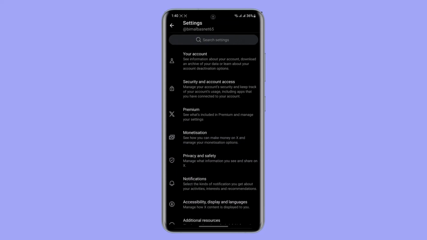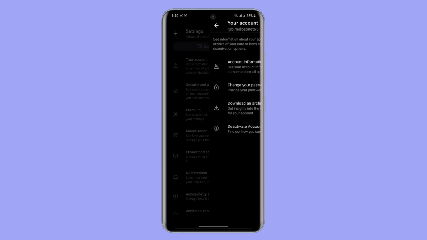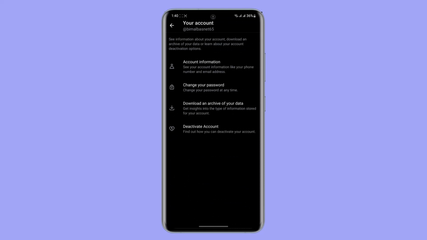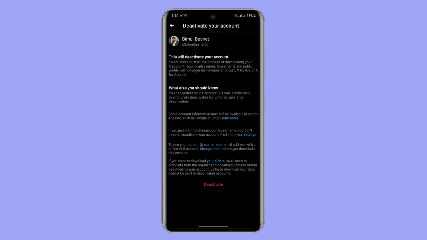on Settings and Privacy, and it's gonna show you this option called Your Account, right? Simply tap on this option called Your Account, and in this section you can find this option called Deactivate Account just given below. So go ahead and tap on it, and this will let you deactivate your account by simply tapping on this Deactivate